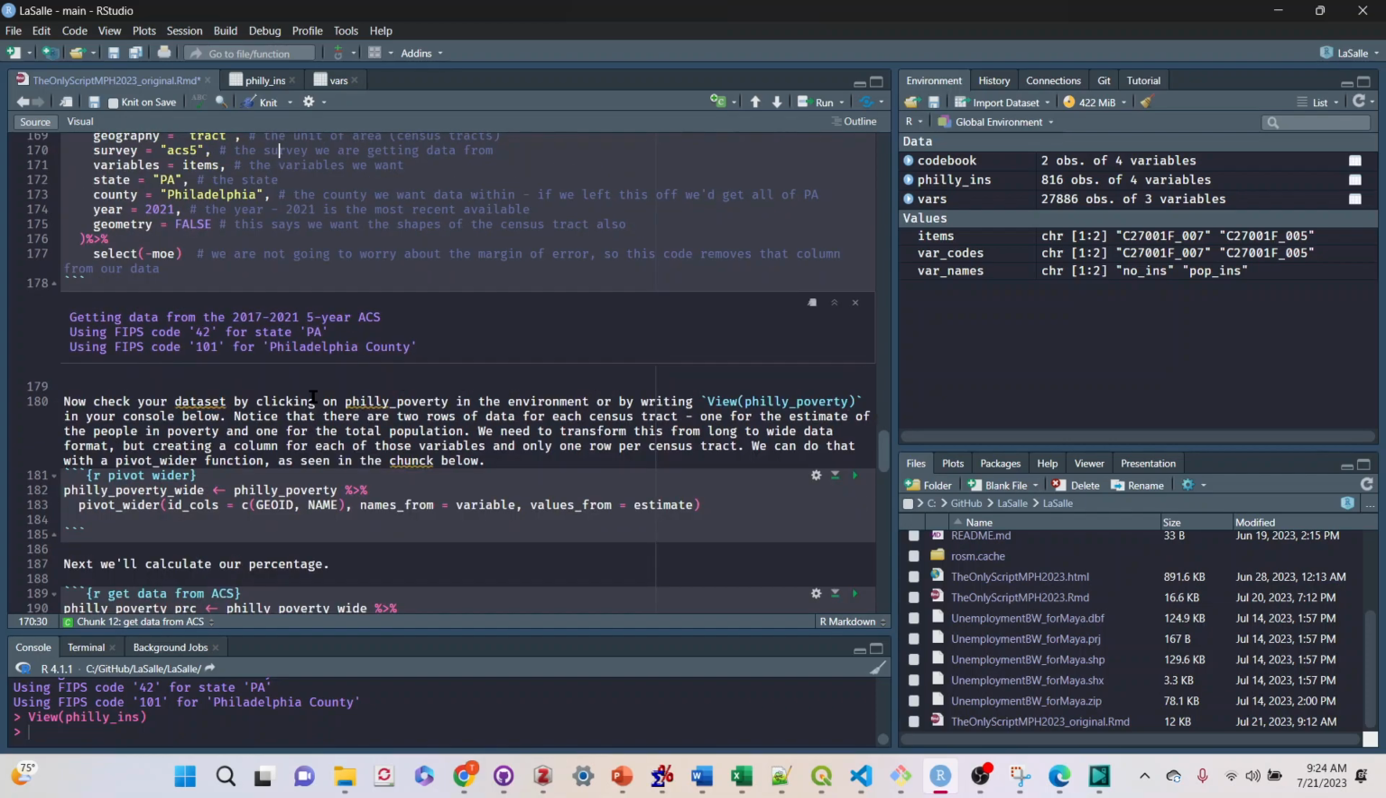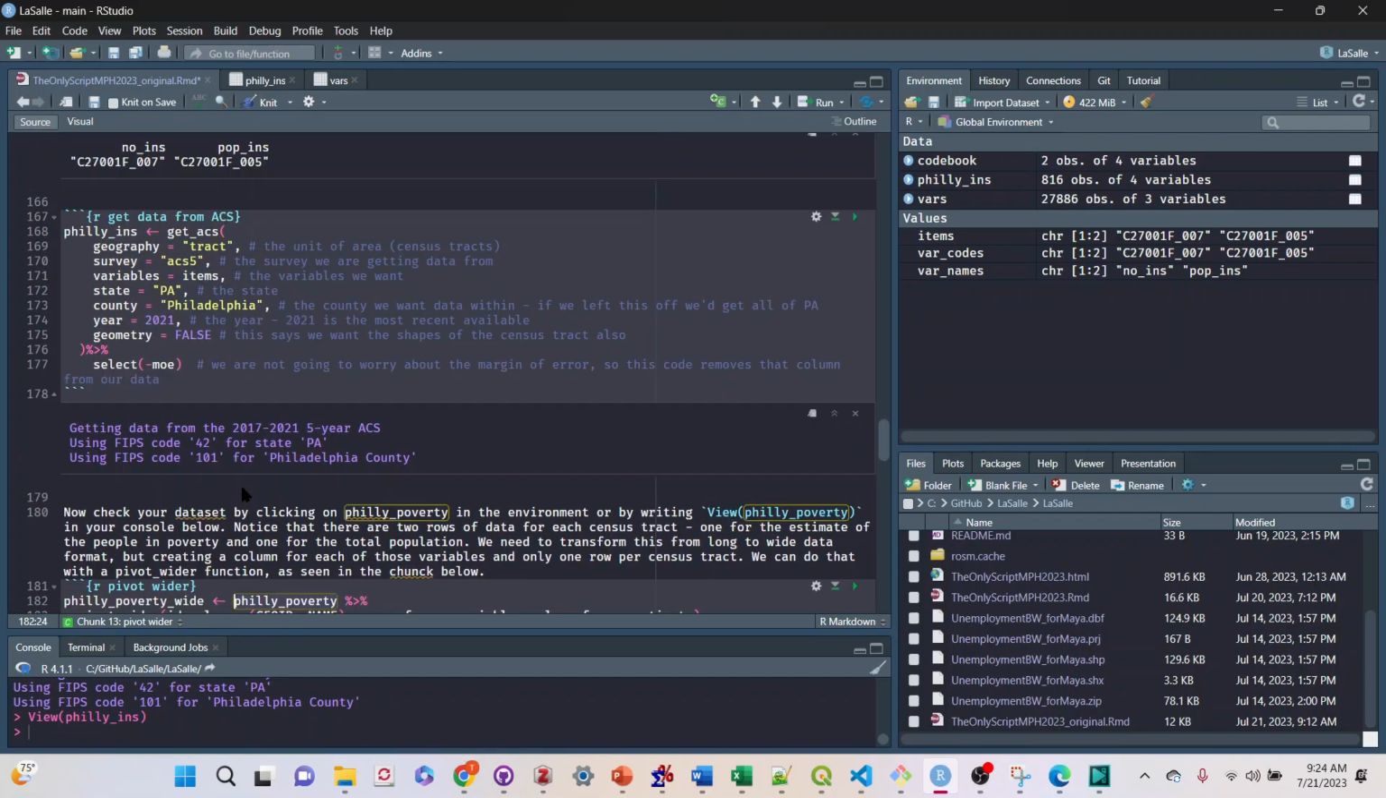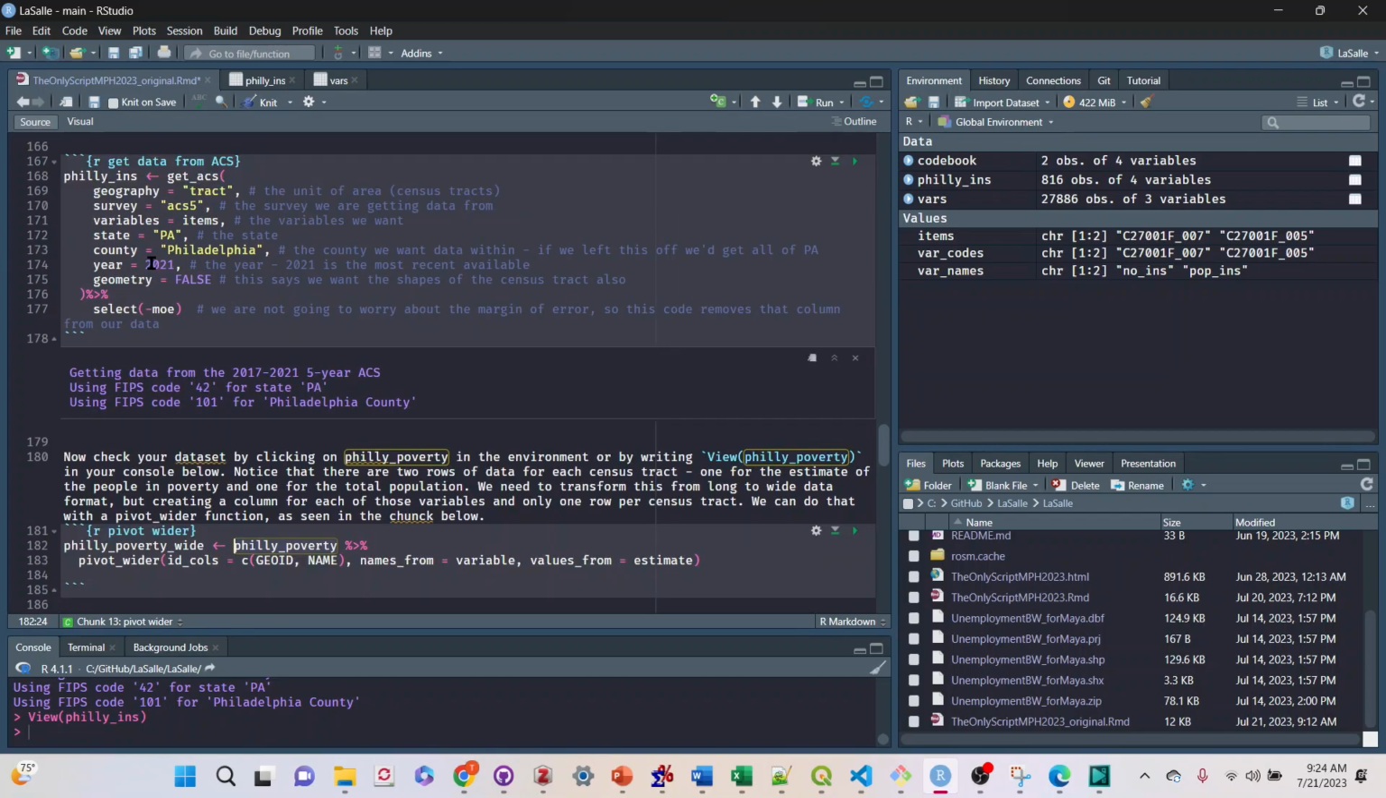Okay, so now see how I have Philly Poverty here, and remember that this used to be called Philly Poverty, but I changed the name of it. So now I have to change the name to match what I had before. So it's going to say, or what I have now, Philly Ints for insurance. And we're going to change this to, just to make it